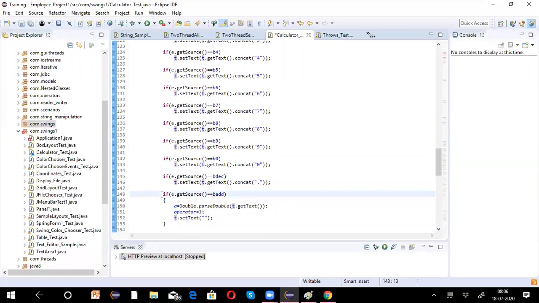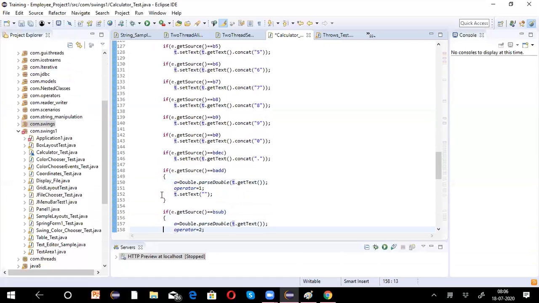And now here come the operators. If e.getSource is addition, what do you have to do?